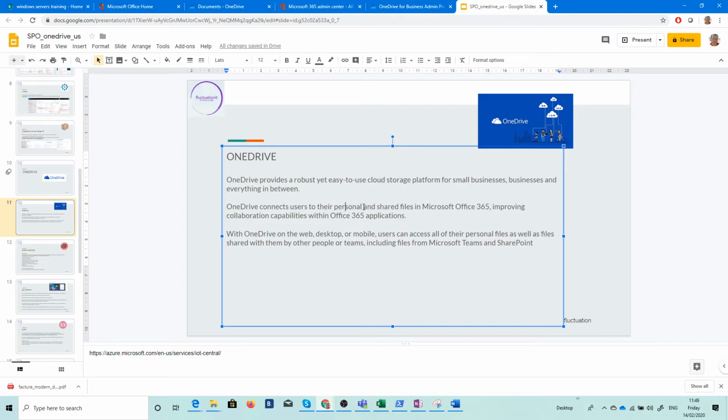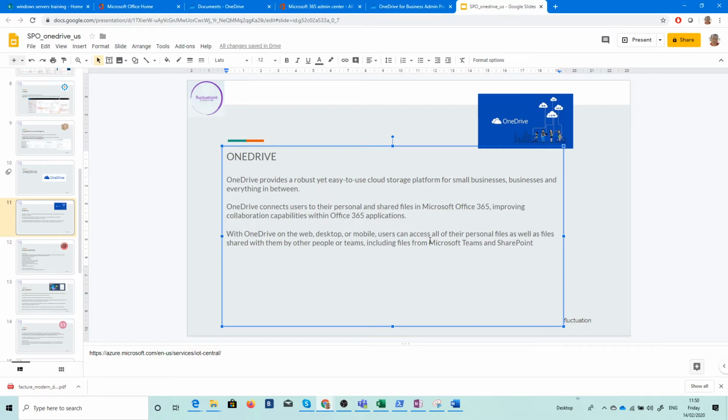After that, you can install OneDrive directly on your desktop, or you can choose it from your store, from your Apple Store or your Play Store, Android or iOS, or you can access it just through a URL on the web. After that, you will be able, of course, to share your document with people using Teams, SharePoint, of course. Be aware that when you use OneDrive, all the documents are saved on a SharePoint